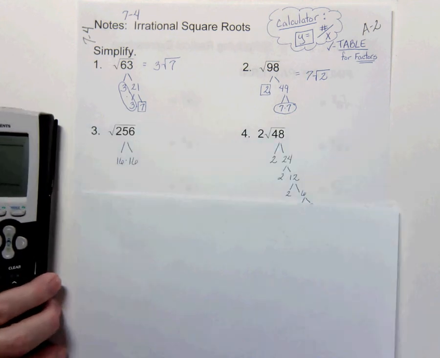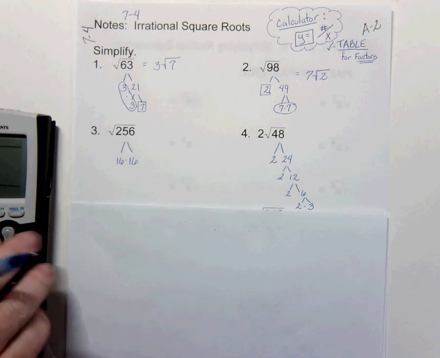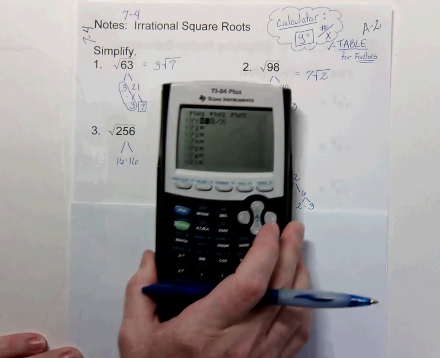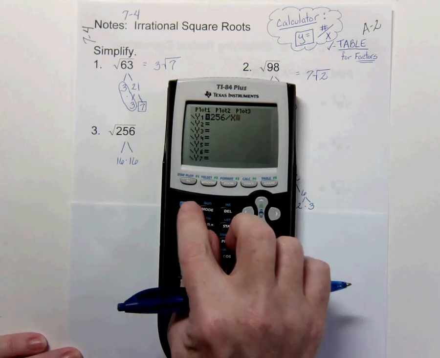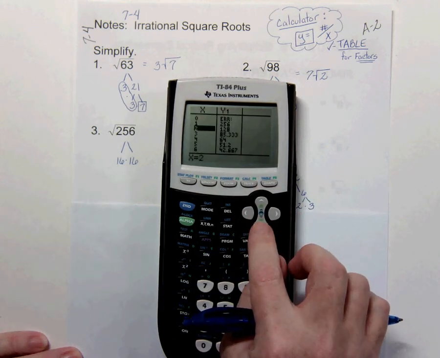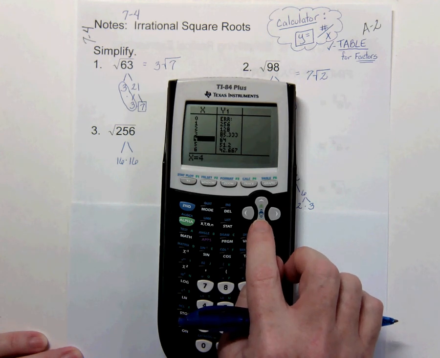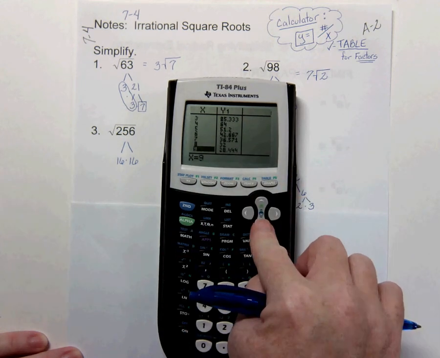Okay, let's go down and look at 2 more problems. I've already written the factor trees for these. For square root of 256, you might not have known that, but if you put it in your calculator under y equals, you actually would have gotten a perfect square showing 16 and 16. Actually, let me show that one. If I did 256 divided by x, and then I go to my table, notice how 2 and 128, but then I'm going to have to break it down a whole lot. 4 and 64 is a set of 2 pairs, so that's a perfect square, and that's a perfect square. So you would have been able to find it there.